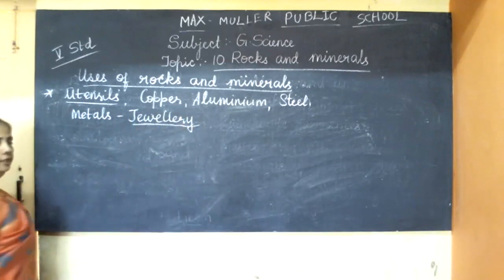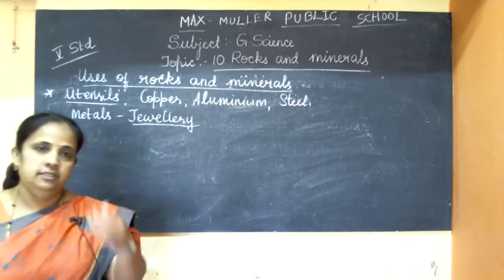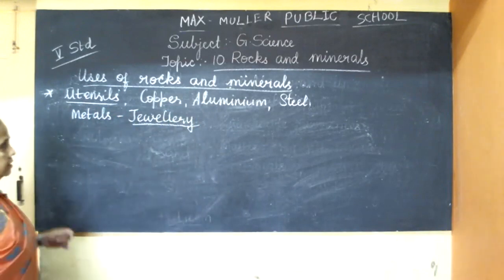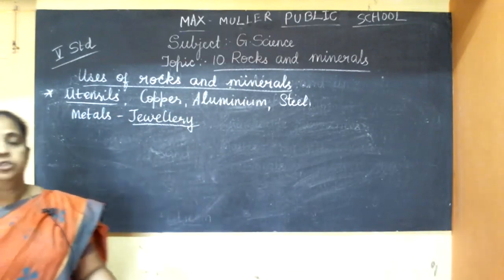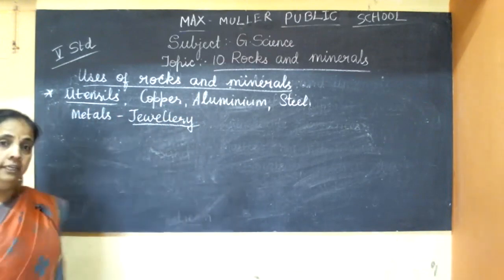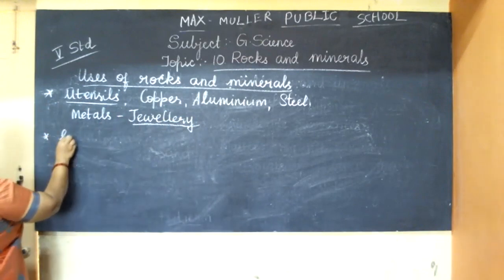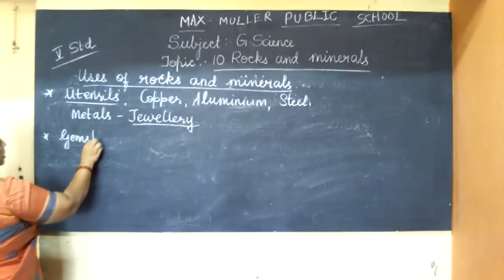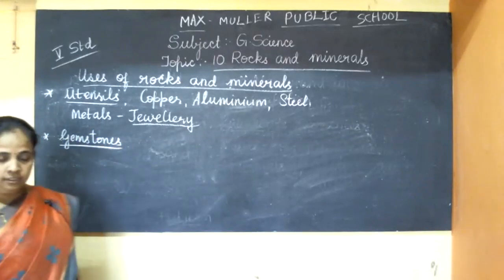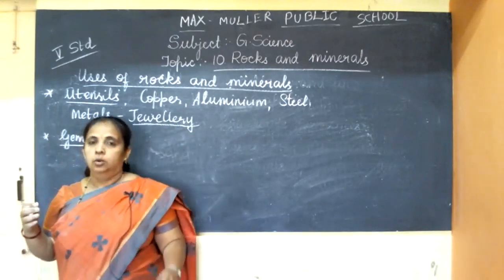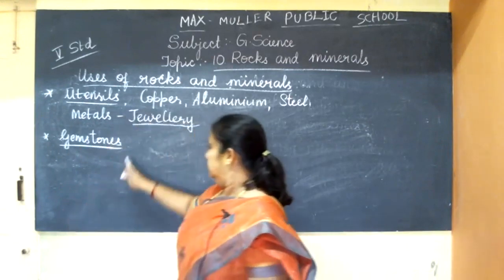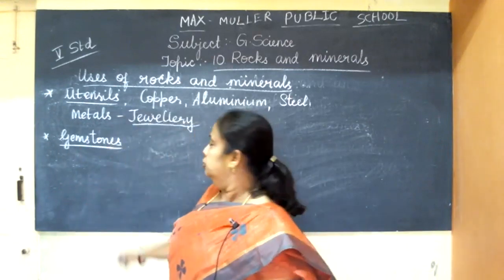It is used in making jewelry. It is very expensive and precious stones, you can say. Okay, yes. Next one, just now as I said, gemstones. I said they are very precious, like emerald, ruby, sapphire, diamond. So the next use of that is it can be used as gemstones in making jewelry. So these minerals are in the form of crystals. So these gemstones like gold, diamond, ruby, sapphire, all these are gemstones which can be used as jewelries.